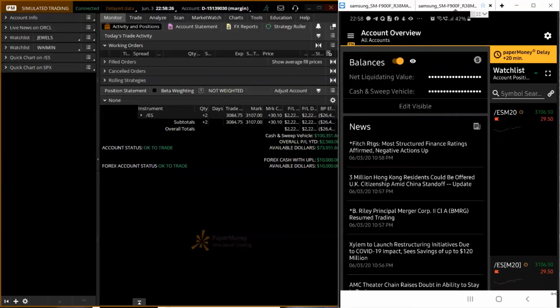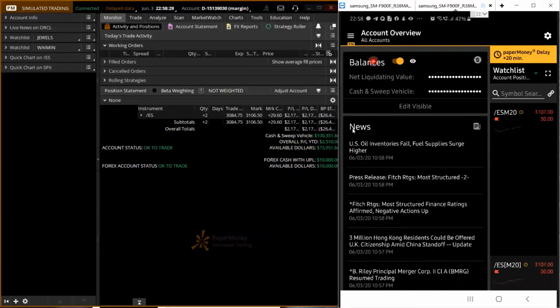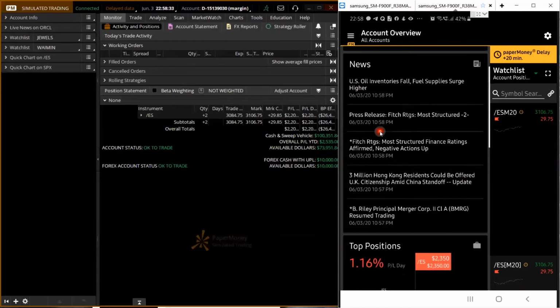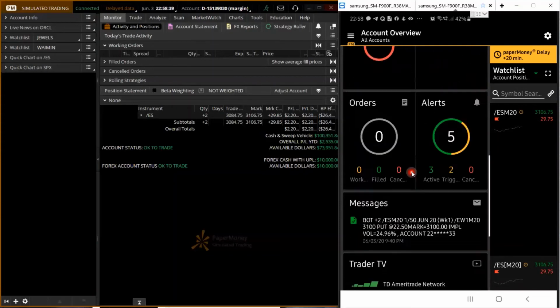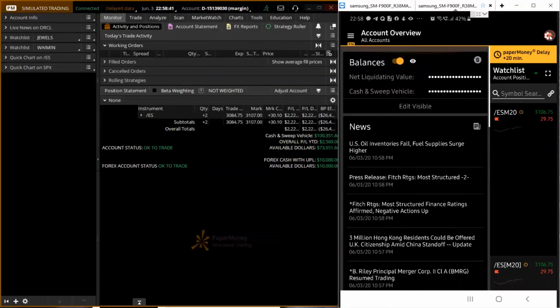On the main screen here, there are 3 sections. The first section is an overview, which is a dashboard. It starts from balances, news, and you scroll down, you even have messages, traders TV, and chat room. And this section can be customized. You can click this gear over here,